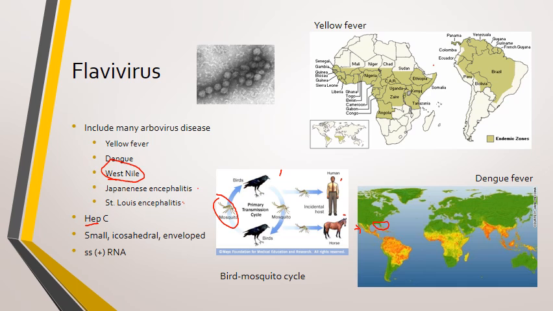Hepatitis C is also a flavivirus, so it's a single-stranded, positive sense RNA virus with a small icosahedral envelope. We know that already. But this specifically tracks to the hepatocytes of the liver and causes hepatitis. It still is a major problem. It's one of those